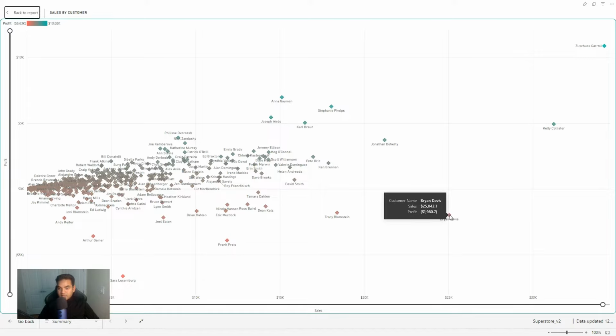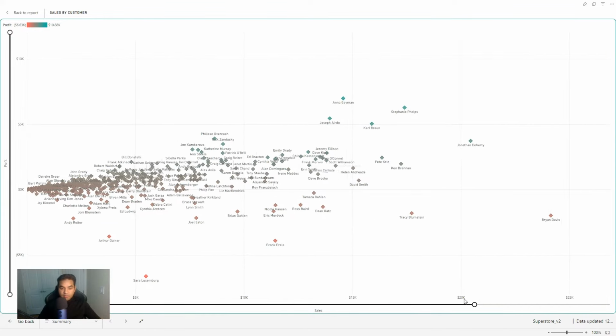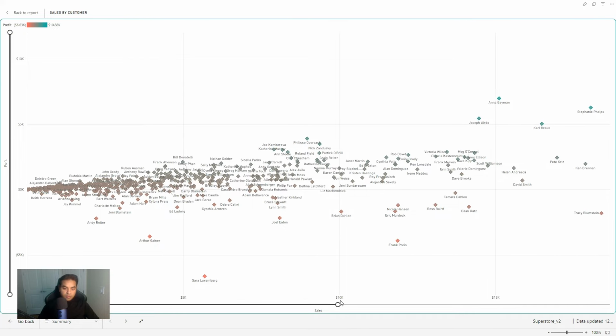And here you can quickly see, although this customer had a lot of sales, the amount of profit we are making is negative. So basically we are losing money on this customer. So this visual can quickly help you analyze all the different customers based on sales and profit. And I have also added the zoom slider